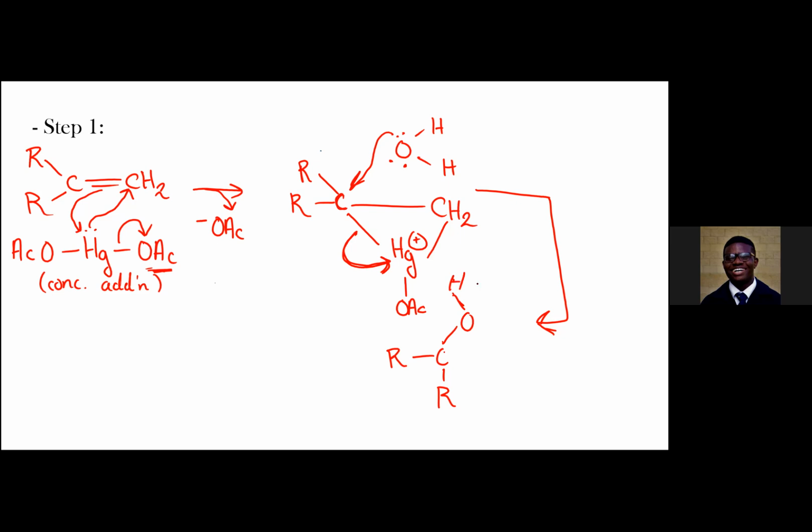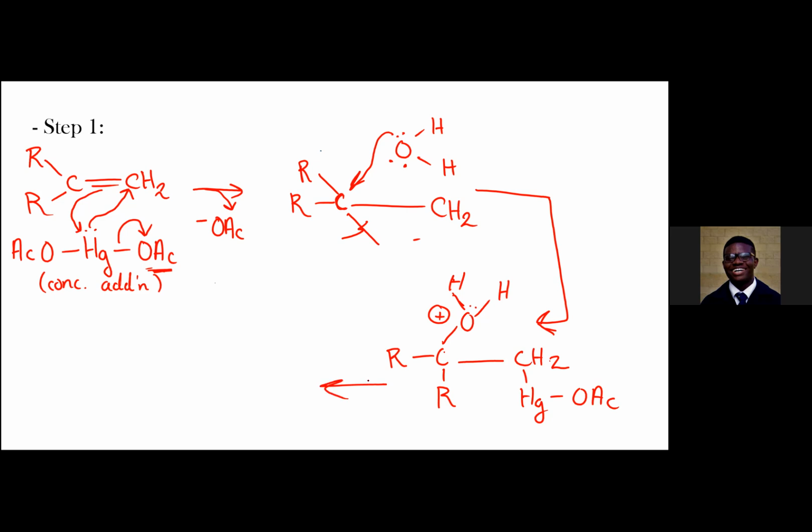Let me just erase parts of this so it doesn't get too cluttered. Okay, lone pair, plus charge. And then we're going to have CH2 there, and it's still going to be attached to mercury and an acetate on one end, because we only broke off this bond, not the other bond. And then from there, we're going to have that acetate that we lost here come back,